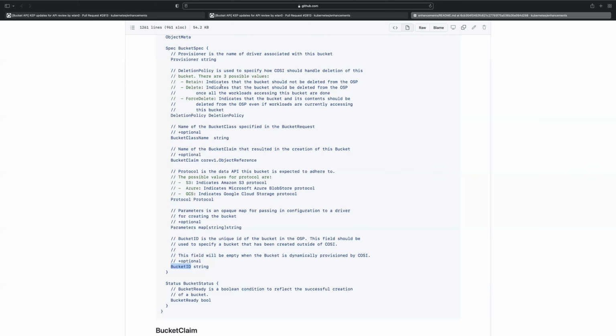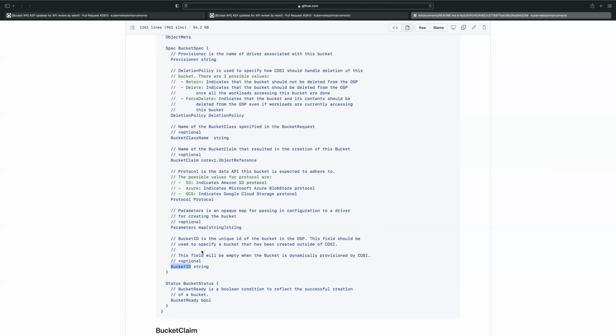Then Cozy creates a bucket by UUID, and if Cozy is creating the bucket, then this field will be left empty in the spec. In the status, we are adding a new field called bucket ID. And here we're going to rename this to existing bucket ID.